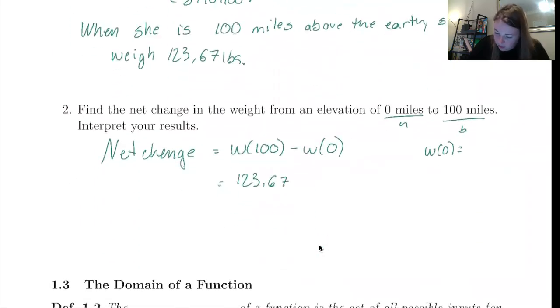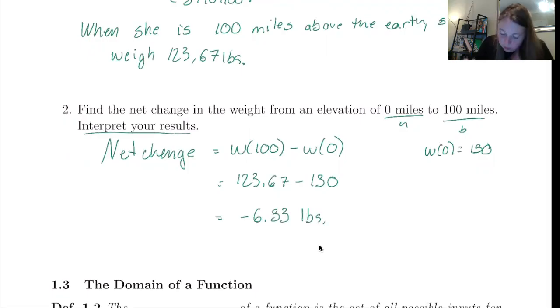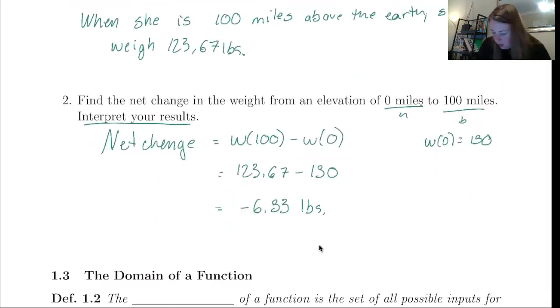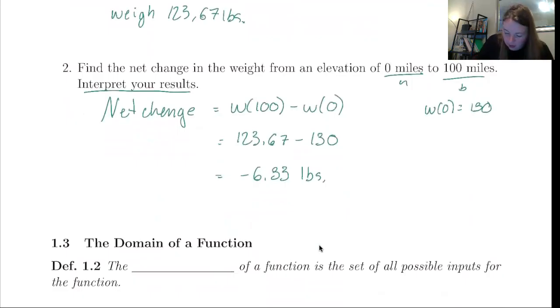So W of 0 is 130, so we do minus 130, and that's going to give me negative 6.33 pounds. Okay, and now we're asked to interpret our results. This is similar to the question, what does this mean? It's just another version of saying that. So we can say, from